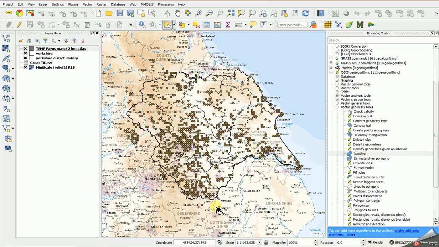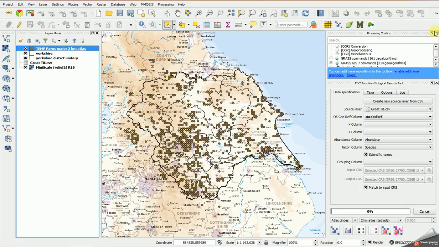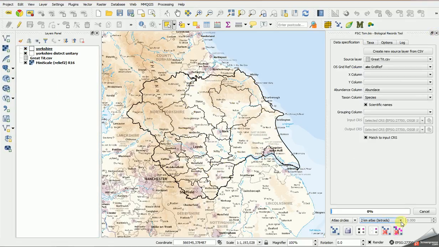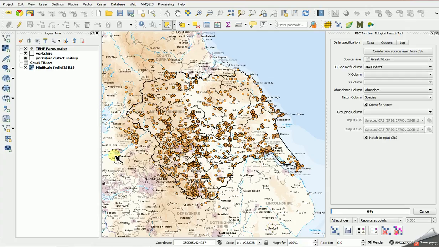Okay, there's one more step to do in terms of data preparation when we look at these data. To illustrate this, let me put the Tom.bio records tool back up and take off the processing toolbox. I'm going to clear this temporary layer and just plot the data again as their raw points. So you can see when we look at these data that a good number of them fall outside the area